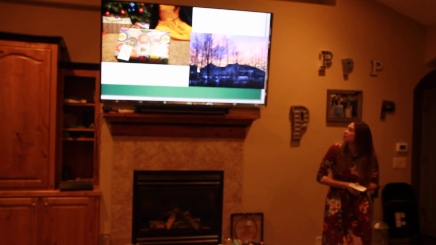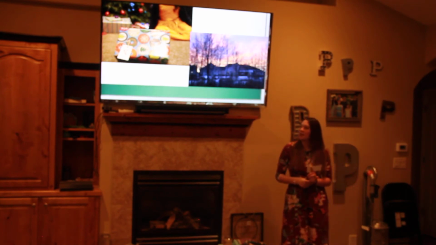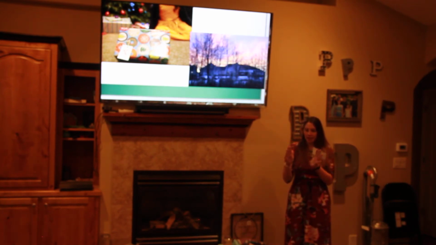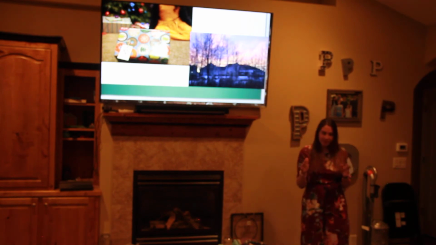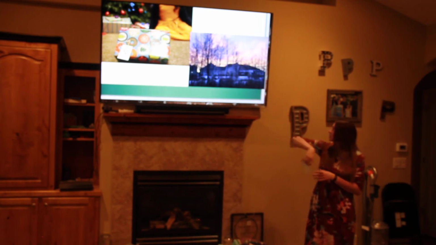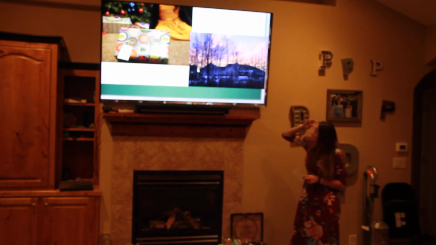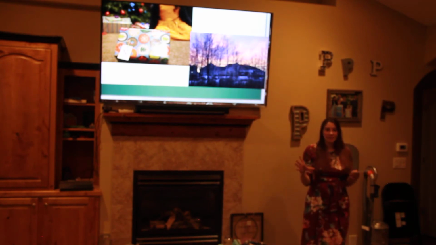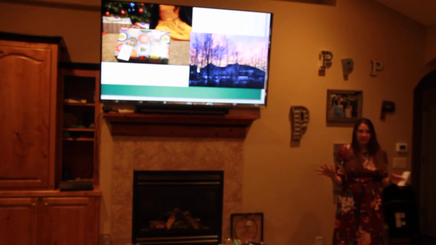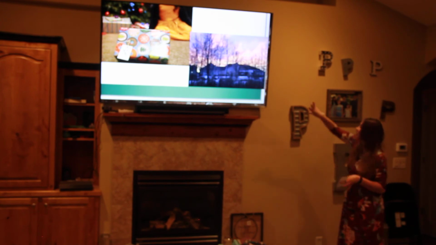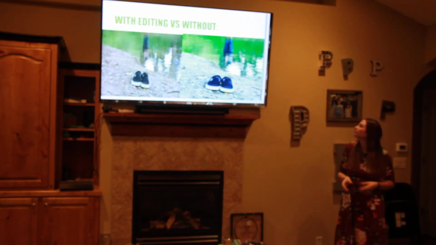This one right here, you see the main focus on the present. I was able to get it at the perfect place and focus it on the present instead of everything else in the background. This one, I was trying to get the perfect picture of the sky, which I was able to accomplish here. It took a little while to get the perfect picture of the sky at this beautiful sunset here.